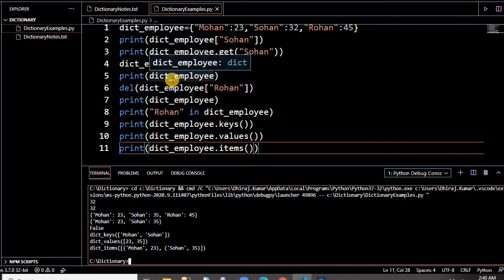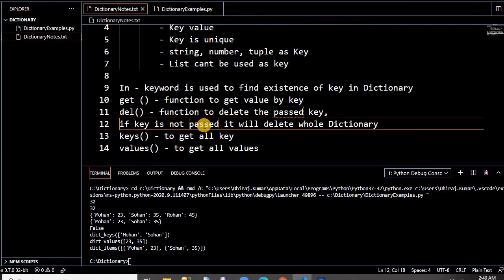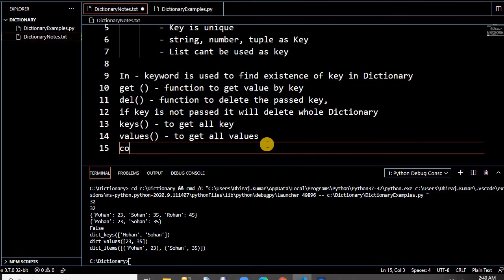For iterating the keys, we have the for loop also, but I will cover that once we cover the for loop and while loop. After that, it's easier to understand. Copy does a shallow copy of the dictionary.